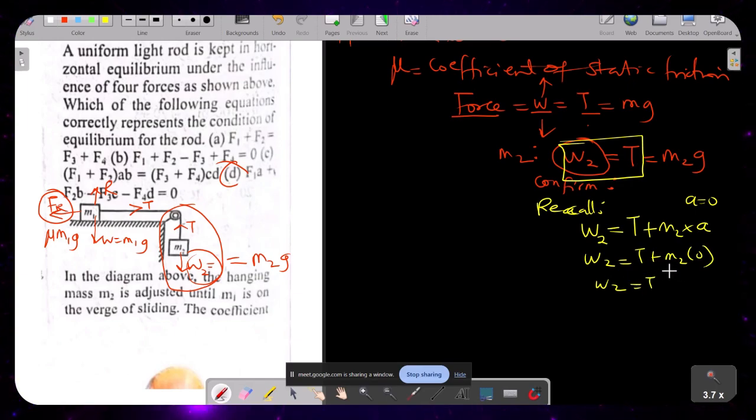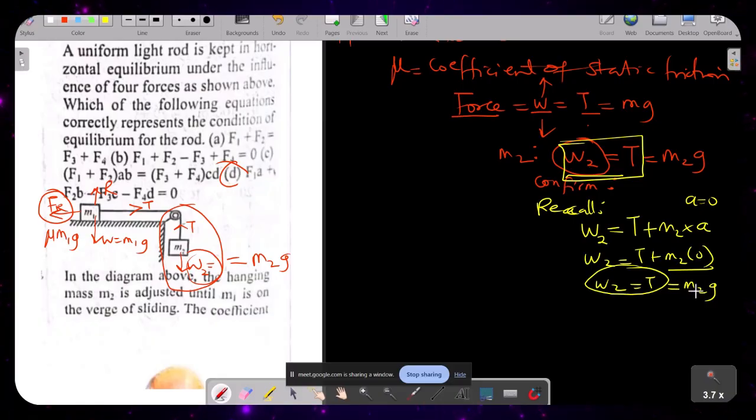W2 is equal to T automatically. That's what we have here. It's going to be T. So we have now proven that our W2 is equal to T. And since our W2 is equal to T, like I told you before, it's still equal to what they call